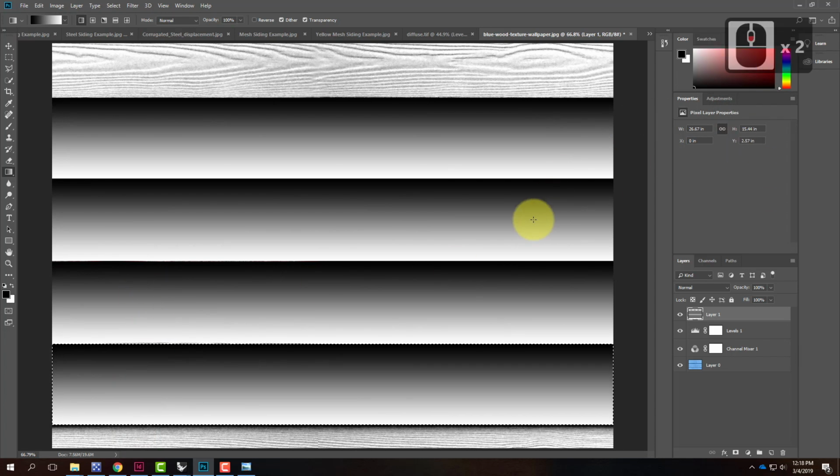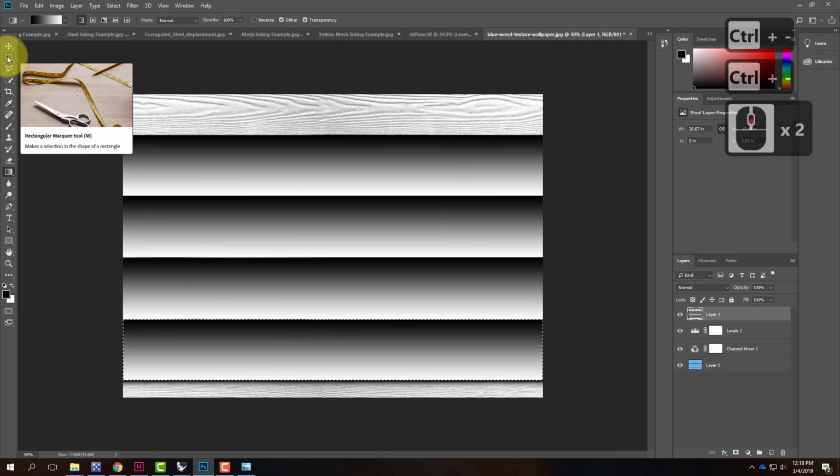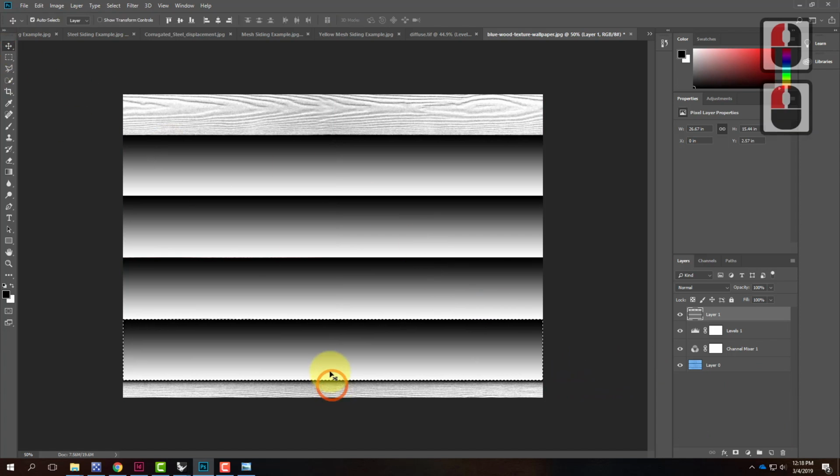Let me zoom out just slightly so you can see this here. I don't just draw a rectangle like this and do white to black, because it's not the full dimension. It's including this one here. So sometimes it's easier to keep your selection like that, and to actually move the selection